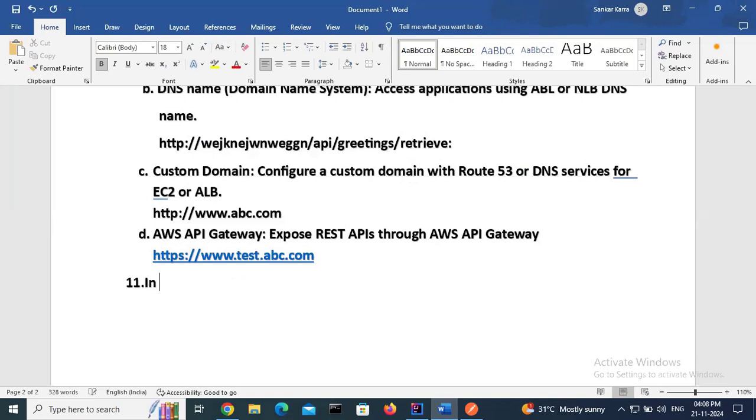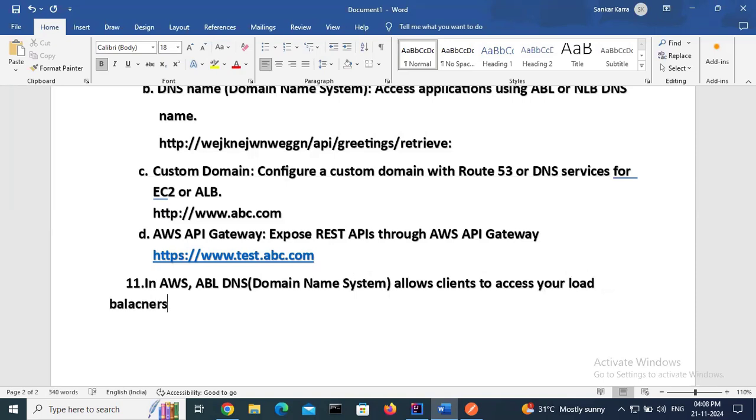Here in AWS, the application load balancer DNS, the domain name system, allows clients to access your load balancer via domain name